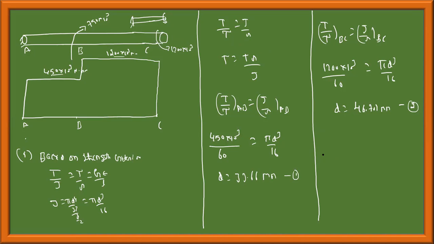Next, this is design based on strength. We cannot come to a conclusion with design based on strength itself. We need to go ahead and look for design based on angle of twist. There is design based on rigidity. Okay. Now, when I say design based on rigidity,